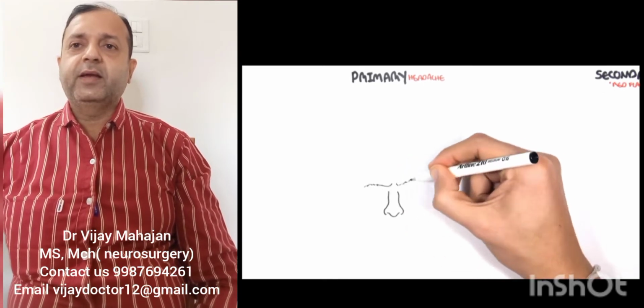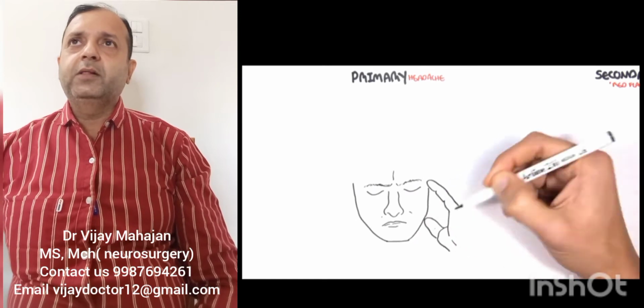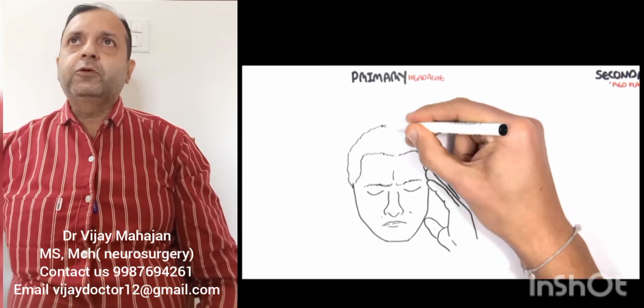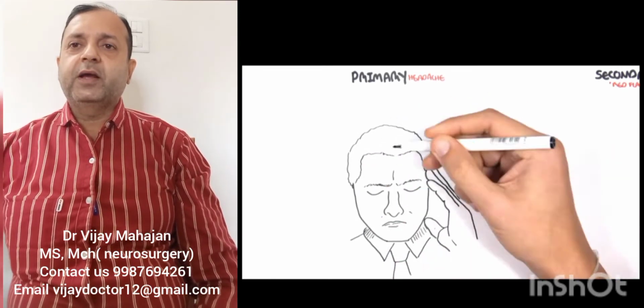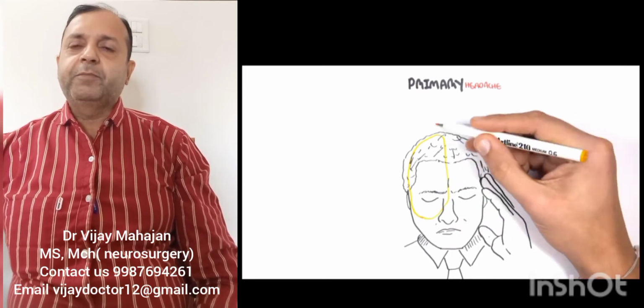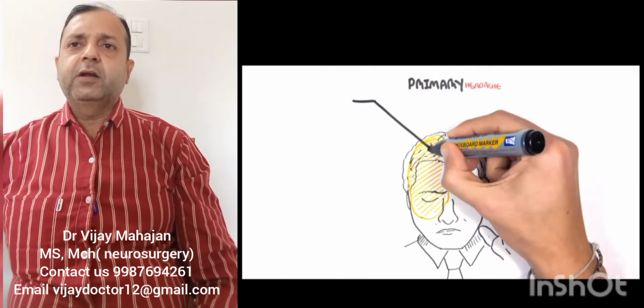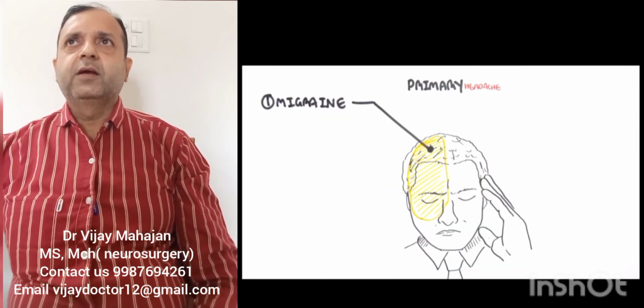It is also known as a throbbing type of headache and is usually accompanied by some aura. Aura means there is exposure to very bright light or very high amplitude music. The patient may have nausea and vomiting accompanied by headache. It is relieved by medication, but the patient has to take treatment for at least 3 months.